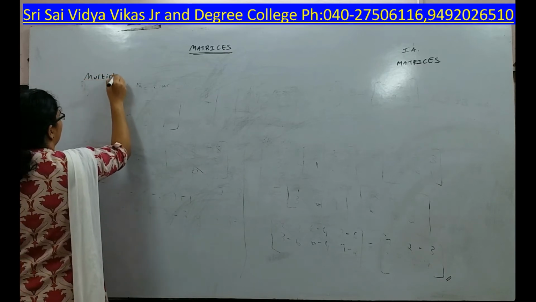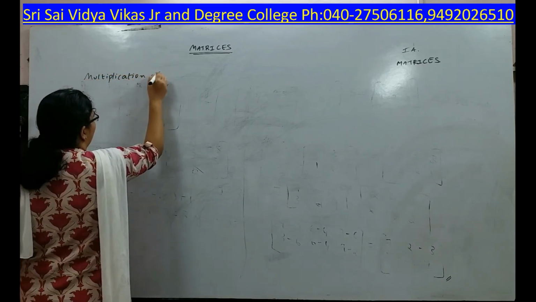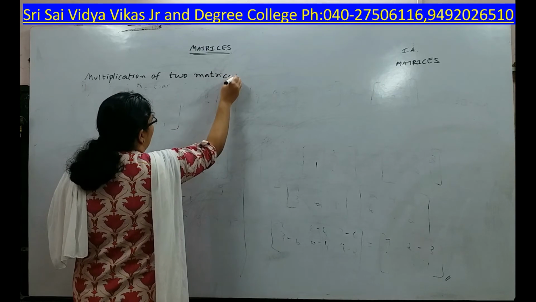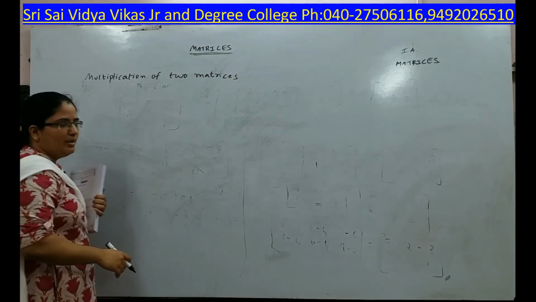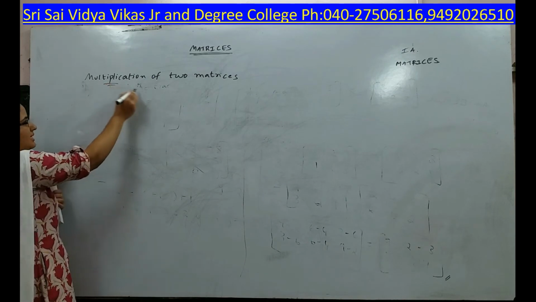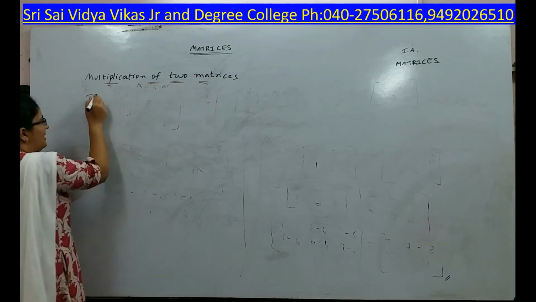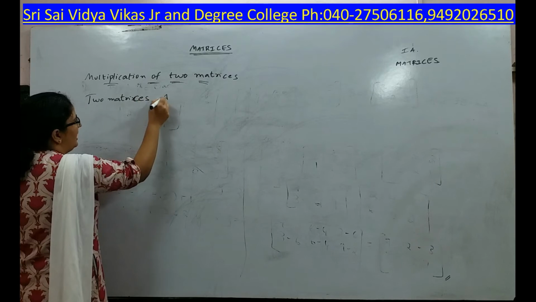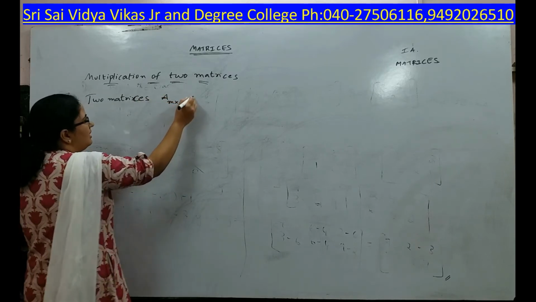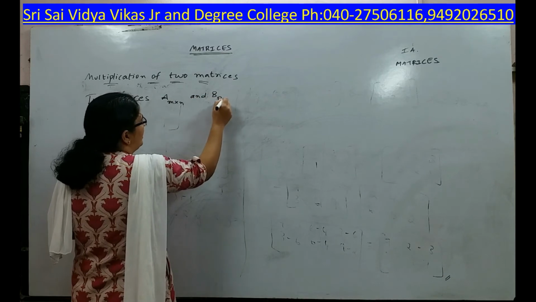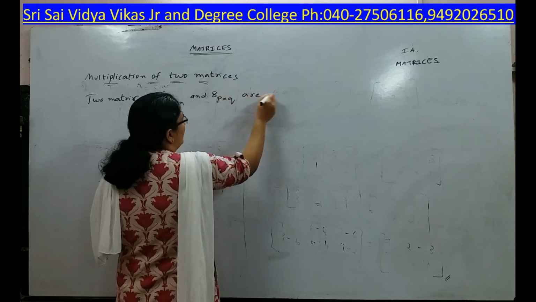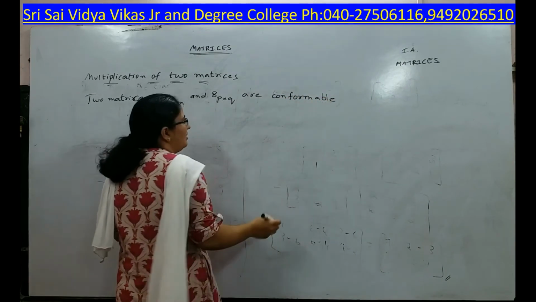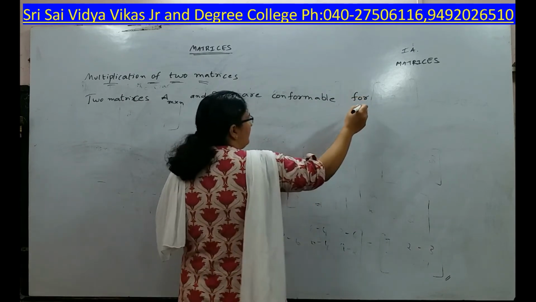Multiplication of two matrices. How to multiply two matrices is, before going to this we shall discuss the condition. Two matrices A of the order m by n and B of the order p by q are conformable for multiplication